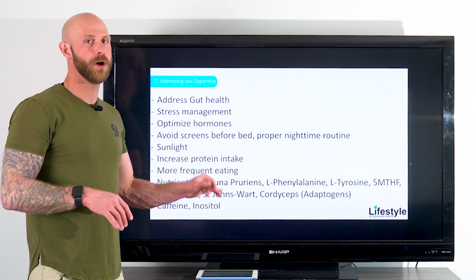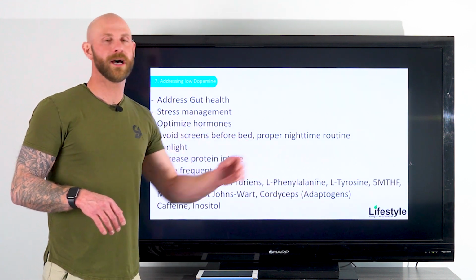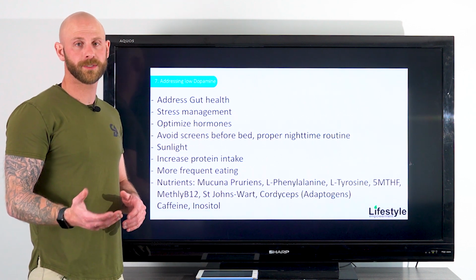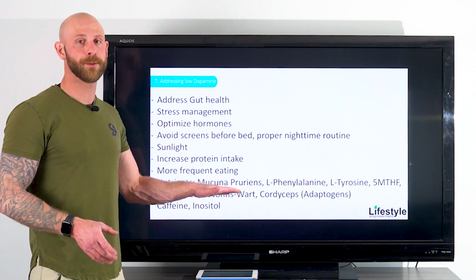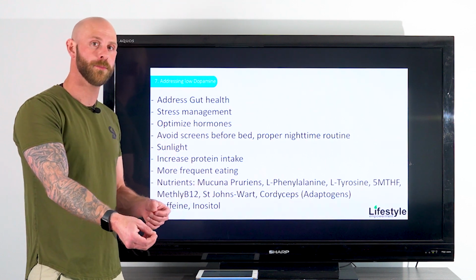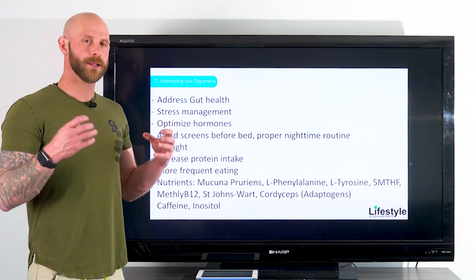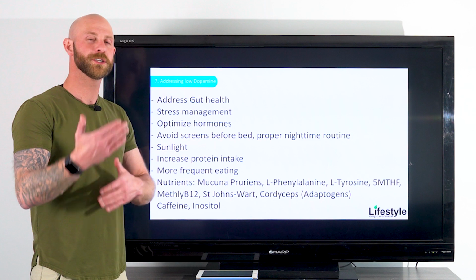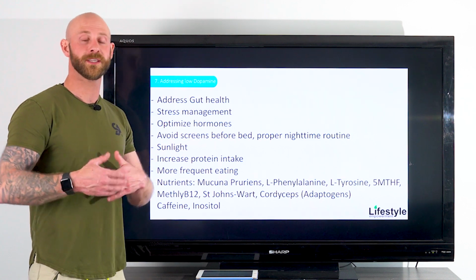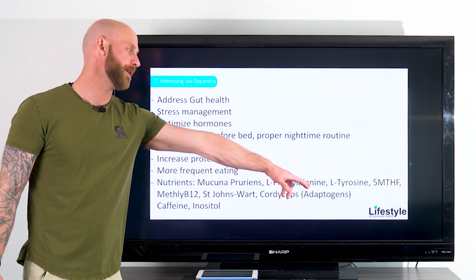The mucuna pruriens is also known as the velvet bean. And then we're looking at L-phenylalanine and L-tyrosine. So these are once again found in protein. These are the building blocks for dopamine. But what I will say is when you take mucuna pruriens, that is going to make you build dopamine. When you take L-phenylalanine and L-tyrosine, they don't just automatically force dopamine production. If you don't have a demand for it, they're just going to act as fuel reserves. And then once there is that demand for dopamine, you're able to build it because you have the necessary